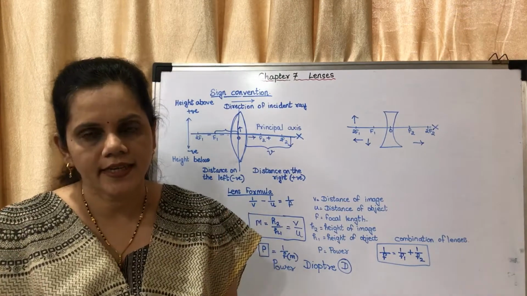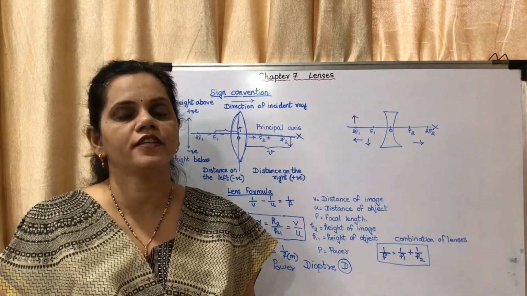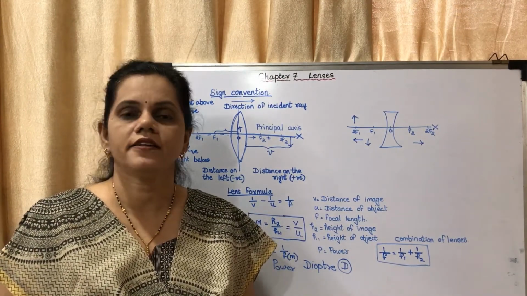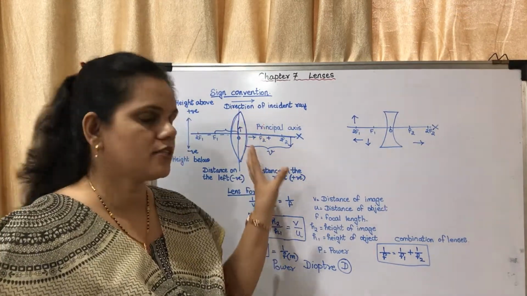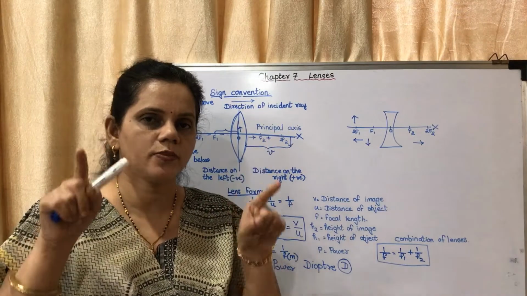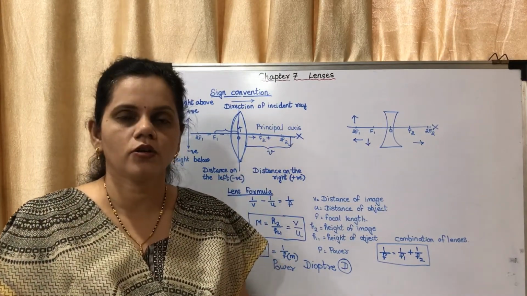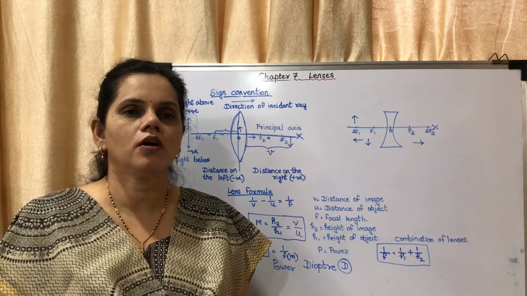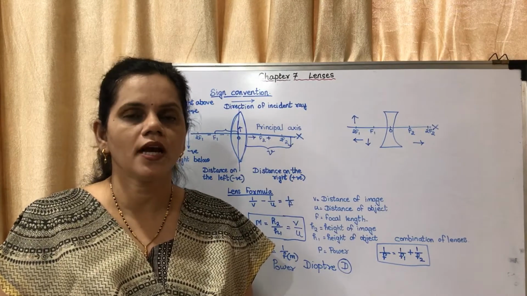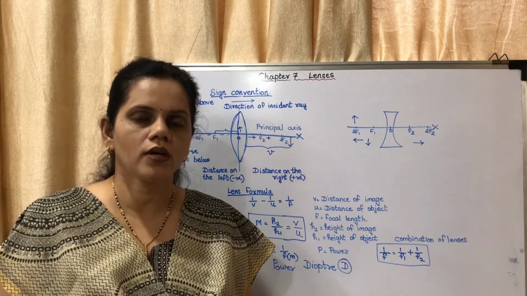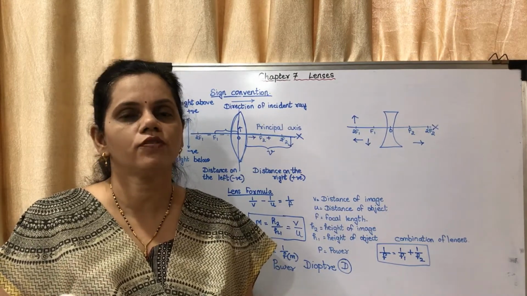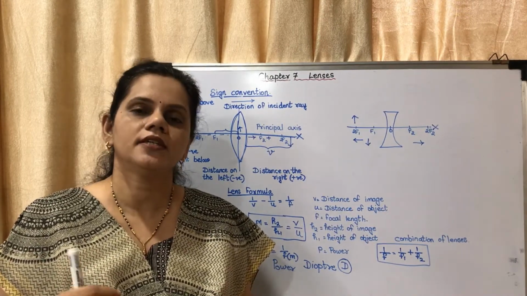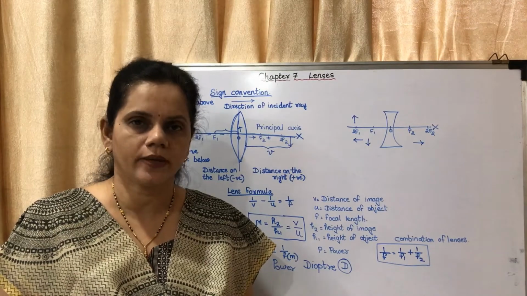So what did we study? We studied several questions. The first question is a 5-mark question with diagram. Explain the sign conventions. These are the sign conventions. It has been given in the box. The question on only the diagram could also be asked for 2 marks, and the sign convention points only could be asked for 5 marks or 3 marks. So it is a very frequently asked question.